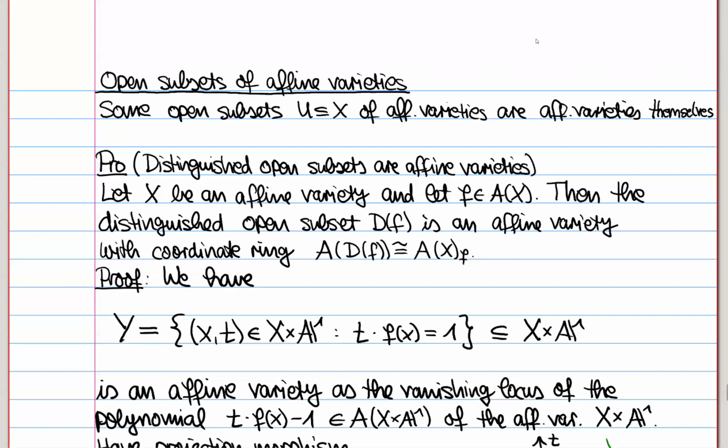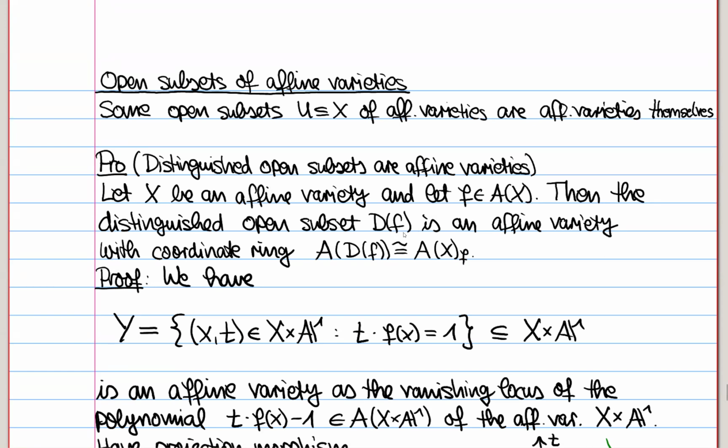With a new fancy definition of affine varieties as ring spaces, which are isomorphic to some subset of affine space cut out by polynomial equations. With this new definition, it is actually true that some open subsets of affine varieties are still affine varieties themselves. And that's an important point, summarized in the following proposition, which tells you that, in particular, distinguished open subsets are affine varieties. So if X is an affine variety and f is in A of X, then we